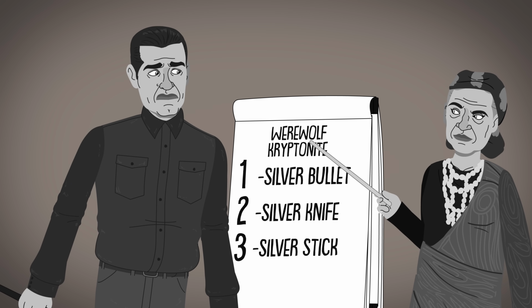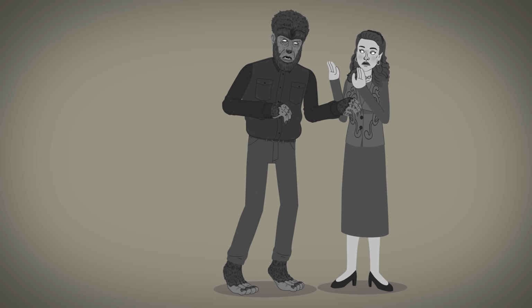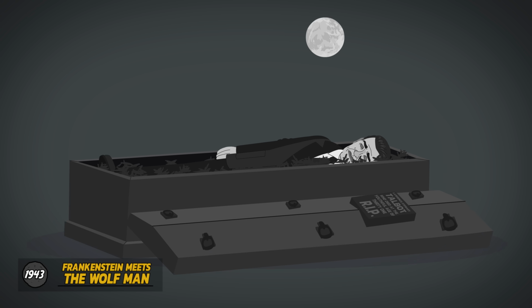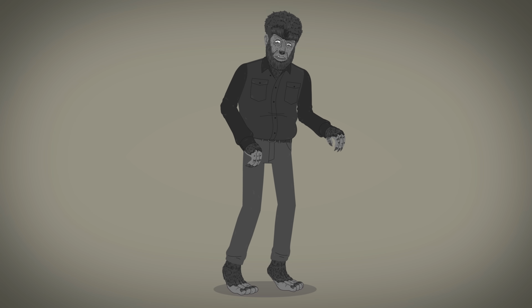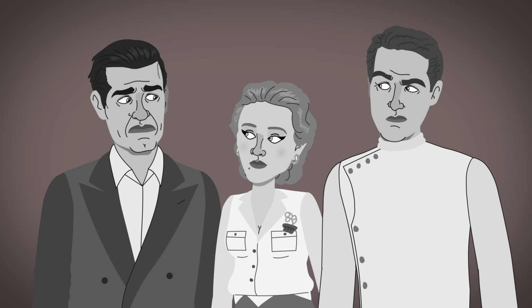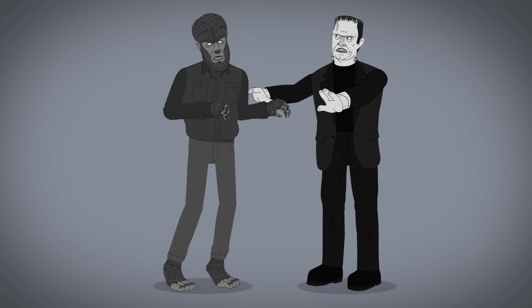He discovers silver weapons are fatal to werewolves, and later, after he attacks his own love interest, his father gives Larry a silver caning. But in the follow-up, Talbot's open casket is exposed to moonlight, bringing him back to life. His collar is unbuttoned, his limbs are hairier, his hairdo is groomed, and he has less detailed skin. Larry seeks Frankenstein's heir in hopes of draining his life force, but instead he has a showdown with Frankenstein's monster